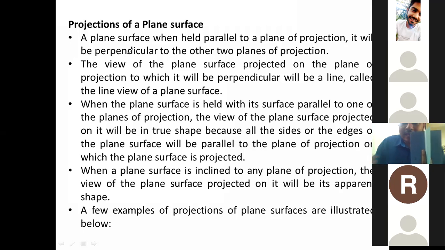Same way, if it was a line like this and I keep it parallel to this plane, the projection will lead you to true length. We have seen that whatever the object is, if it is parallel to a particular plane, then the projection on that plane will fetch us true length or true shape. If it is a plane, then true shape. If it is a line, then true length. Clear this much? See it again if it is confusing.